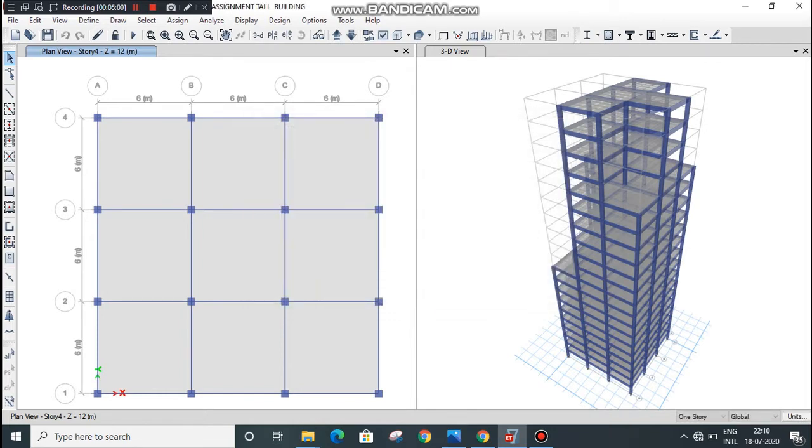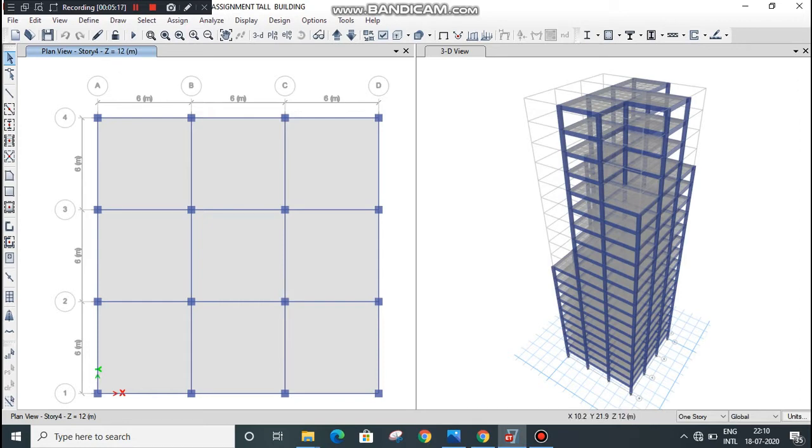Again click on OK. There is no need to assign the seismic load on the building because seismic loads get assigned itself by default.